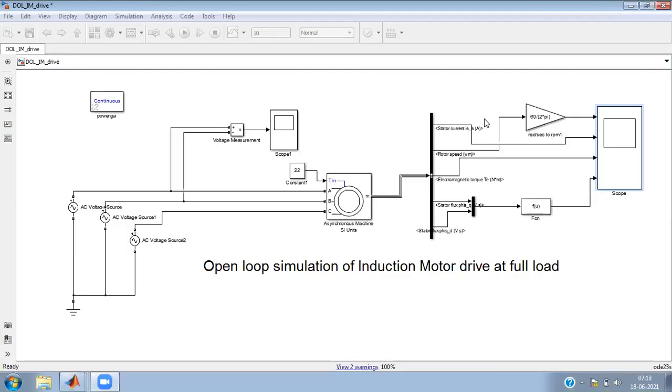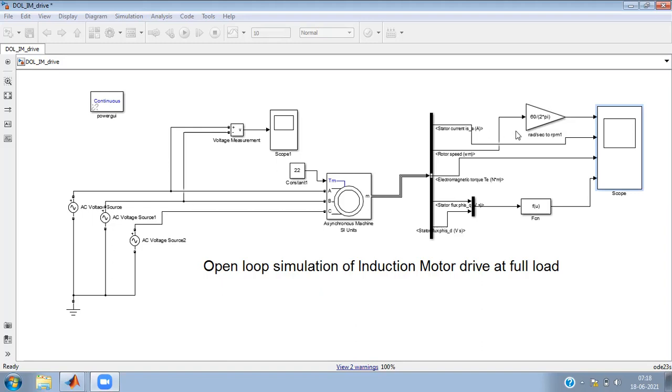Good morning, friends. Today we are going to discuss how to simulate an induction motor using MATLAB. In MATLAB Simulink, if you know how to simulate induction motor drives, then all the different topologies or complex simulations like V by F control, vector control or direct torque control can also be simulated. The very first step is that you should know how to configure the induction motor and how to test whether its rated parameters are as per your choice or not.